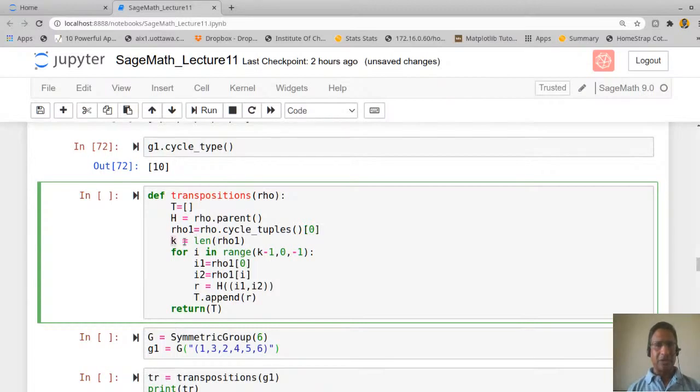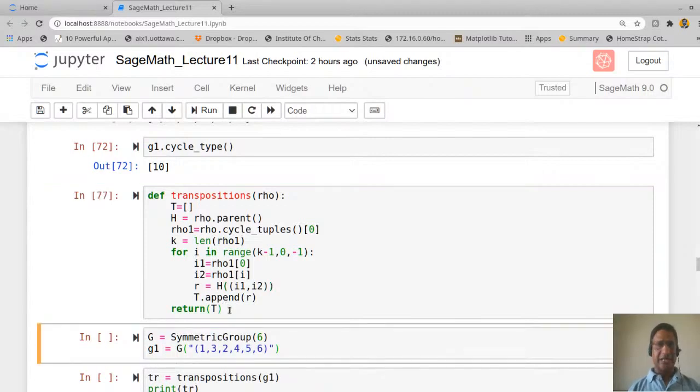Then look at the length of that, k, right? K is the length of the cycle, and then you run i from k minus 1, that is the last one, all the way up to the 0th entry, and then you append in this h as i1 comma i2, and then return that as a list.